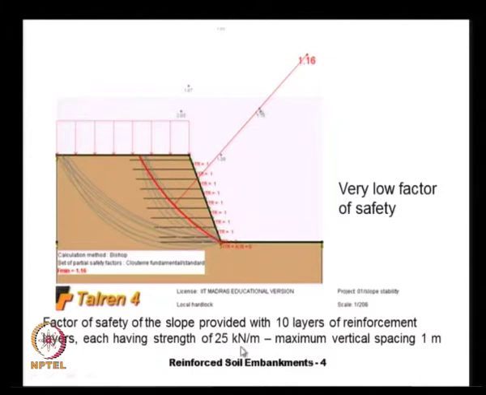strength of 25 kilonewtons per meter, and they were provided at a very large spacing, 1 meter. We adjusted the 10 layers within the 9 meter high embankment, and the slip circle analysis gives us a very low factor of safety, 1.16, which is unacceptable. Normally we require at least 1.4 to 1.5 for slopes that are carrying permanent highways and railway embankments. So, we need to redesign this,